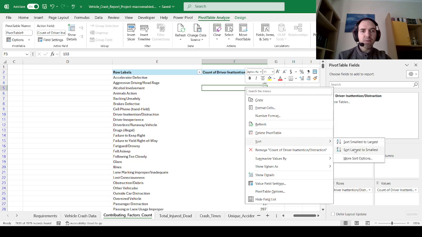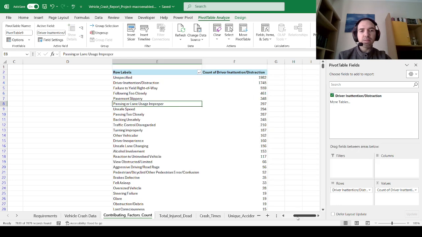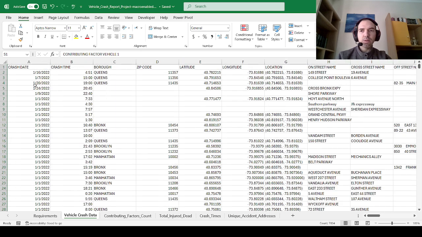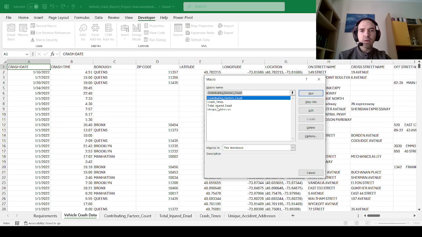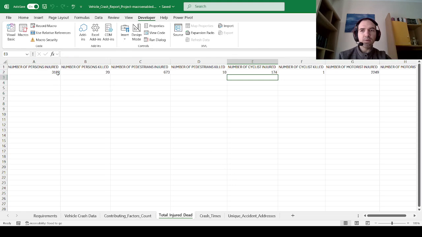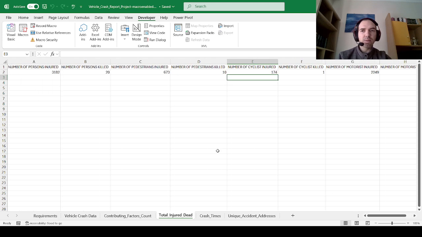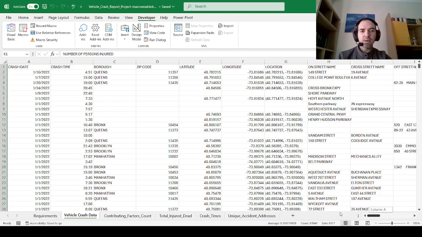sorting, and I'm done with this report, basically. That's all I need. And for the total injured and death, I'm going here, and developer, macros, run this macro. Here I have all the total injured and death. And I'm going back,